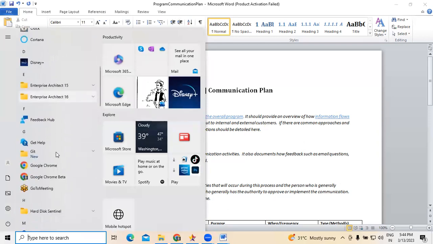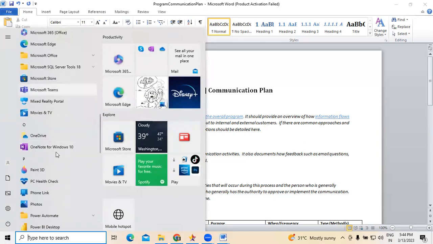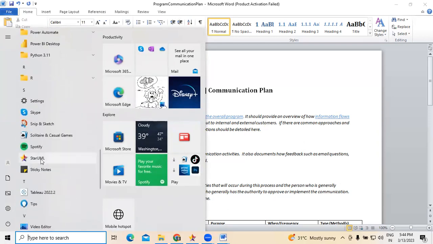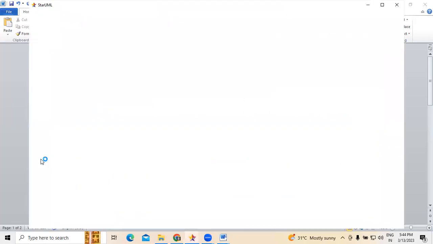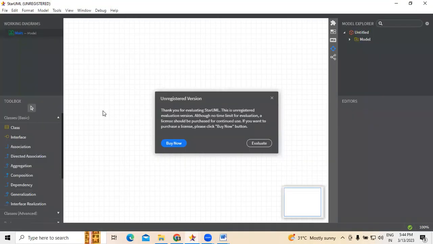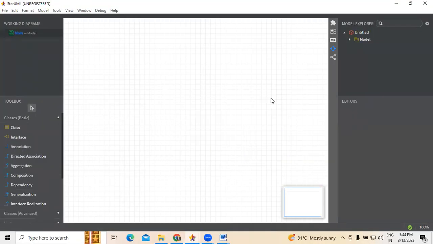Okay, I'll be showing this on a practical note so that you'll understand this part much better. Because this relates to the information flow between the components, I'm using StarUML software. StarUML is a kind of software used to visualize a process. Whatever process we have, this is the one we use to visualize it.